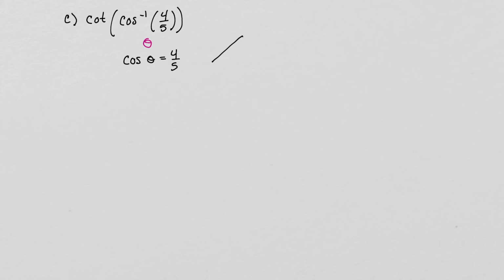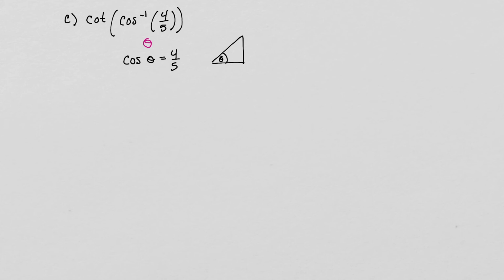So we'll do one more example, because a couple of these problems you might not be able to just do right away. So for instance, if I have the cotangent of the inverse cosine of 4/5, again, we're going to let this inside stuff be equal to theta. So we're talking about the cosine of theta is equal to 4/5. Now, 4/5 is not something you can look up on the unit circle. However, we can think about it in terms of a triangle. So if this is theta,